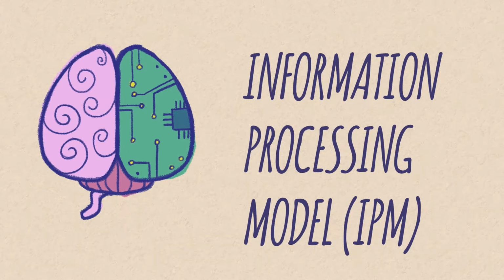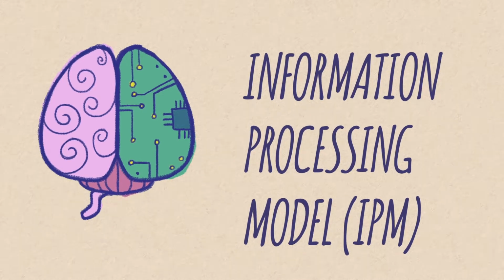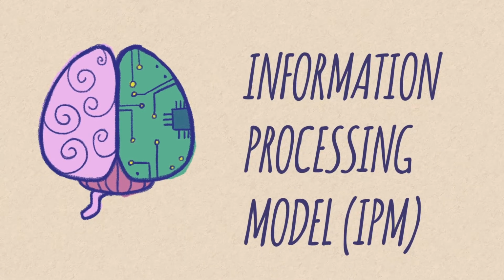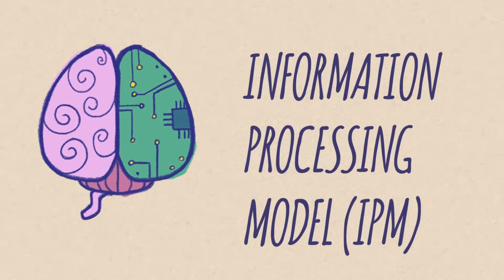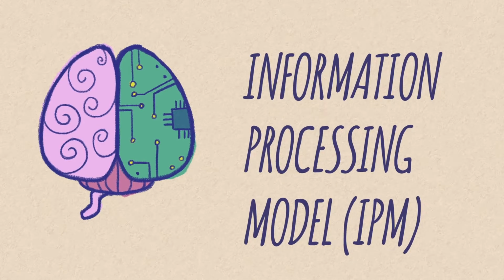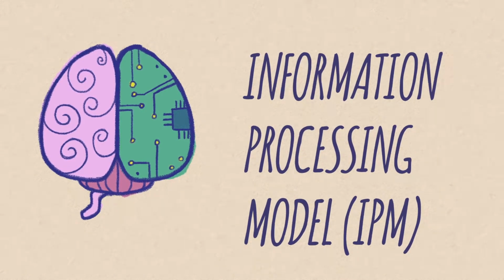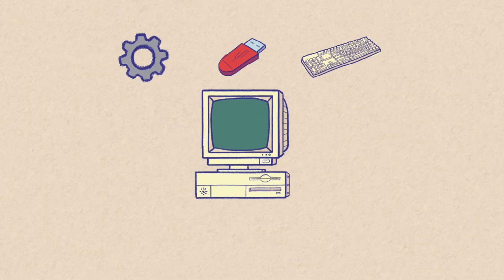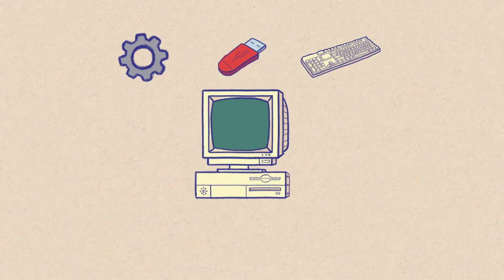In the mid-60s, two researchers, Atkinson and Schifrin, proposed a model called the Information Processing Model, or IPM. This model uses a computer analogy to explain how the brain manages information when we learn. Even though our brains don't work exactly like computers, this model is helpful for understanding the brain's learning process. Computers have many parts that help them function, but we will look at the basic components that apply to our